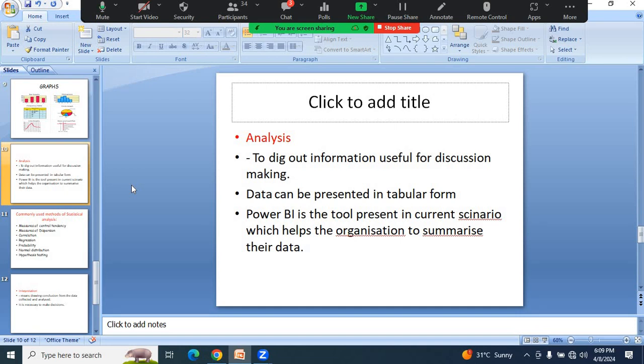Then I can come to the conclusion that yes, this is the data available to me for the past full 1 year, and then I can take some decision on whether I have to